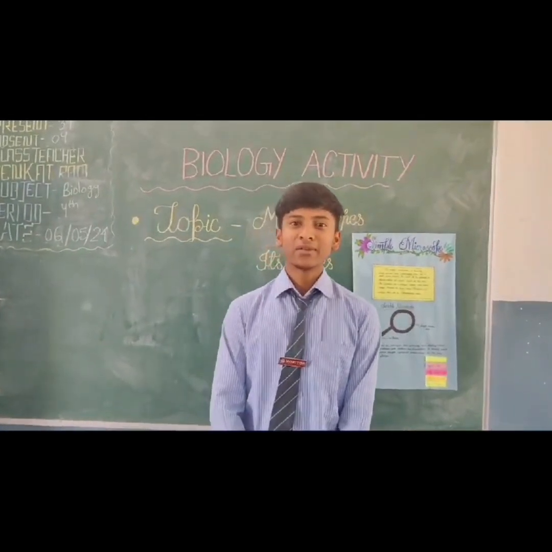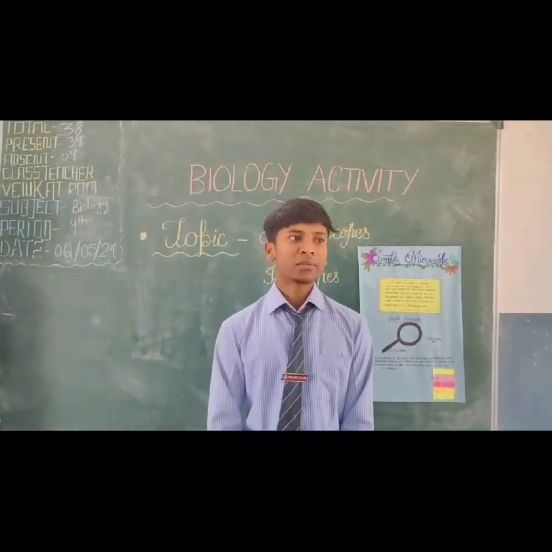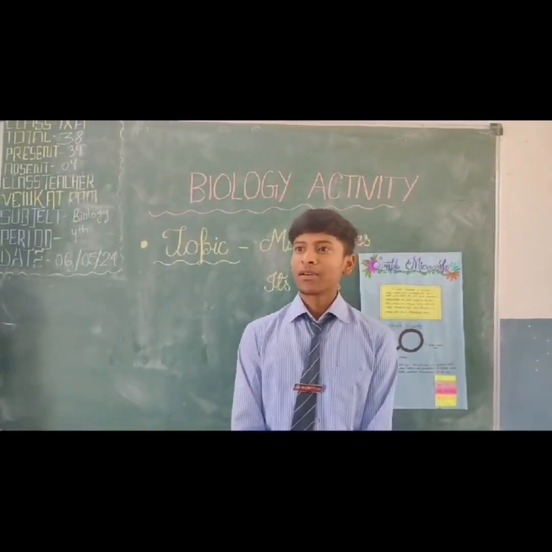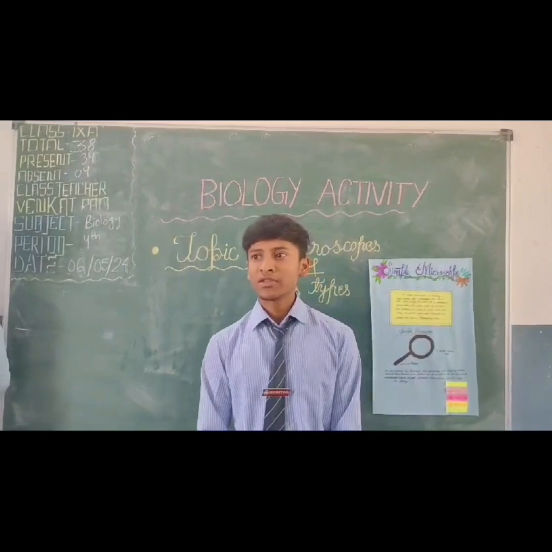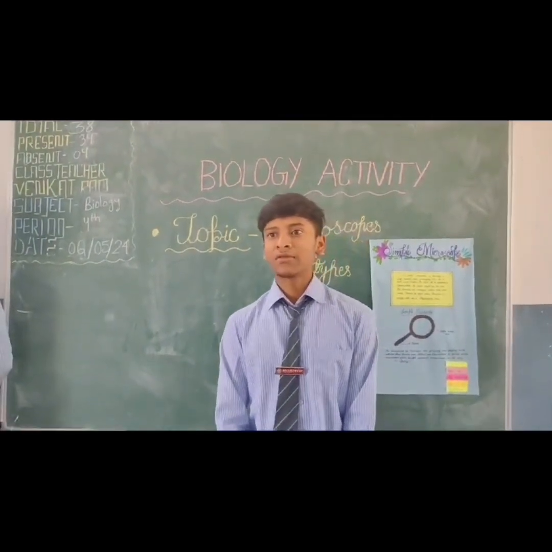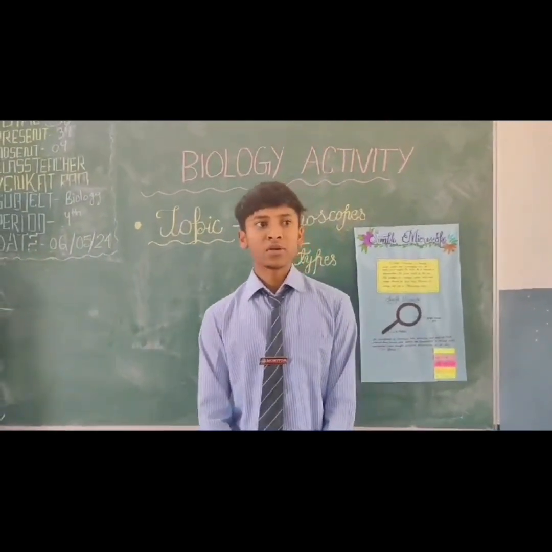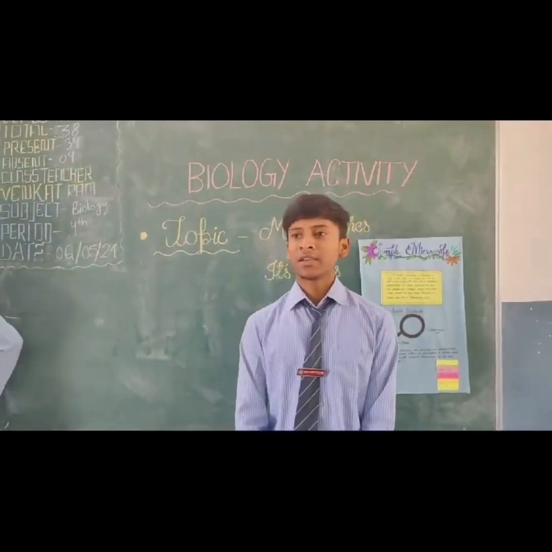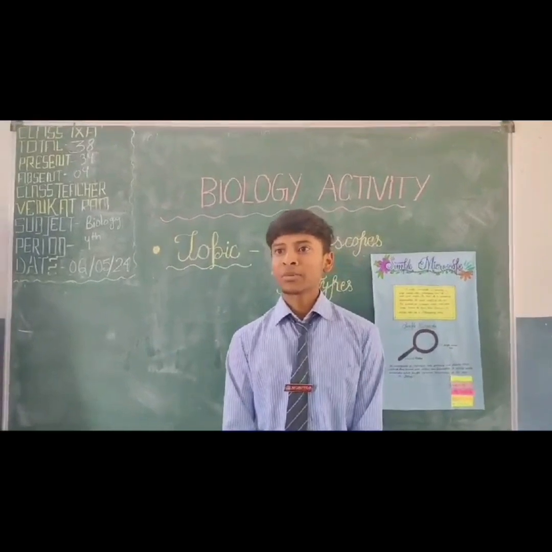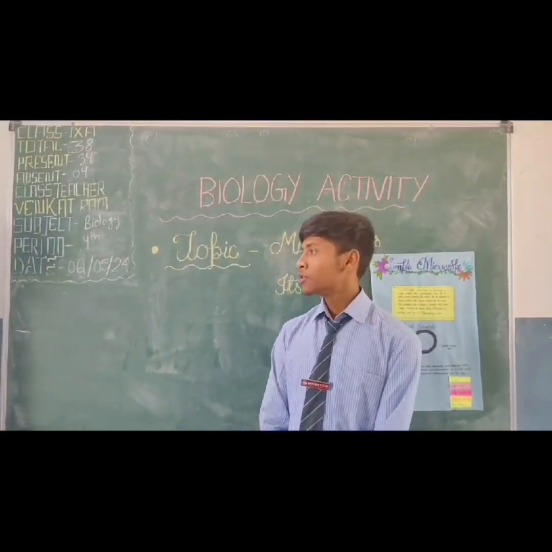My name is Vivek Dungi and I am here to tell you what a microscope is. A microscope is an instrument which is used to see small objects which we can't see with our naked eyes. Basically, there are two types of microscope: first is the light microscope, second is the electron microscope. For further explanation, I want to call Jwala Prasad.